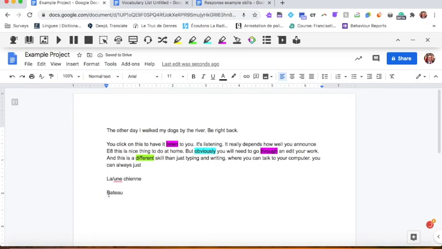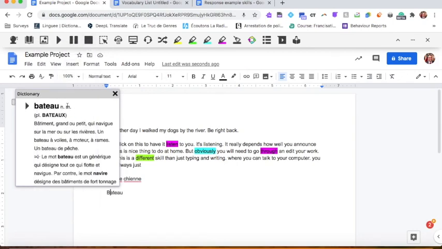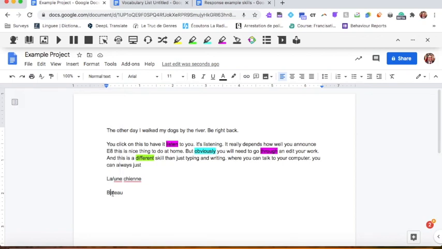And then bateau. If I go and look that up, you can see pictures, so you're like, oh, it's a boat. And you can listen to the word. Bateau. And then here you can see it's a noun, it's masculine. So you know that bateau is a masculine word. So then you're like, well, it's the